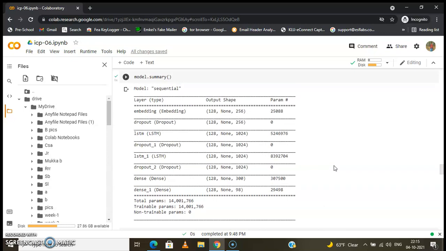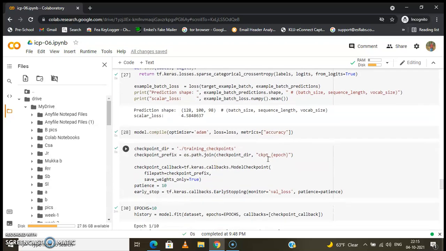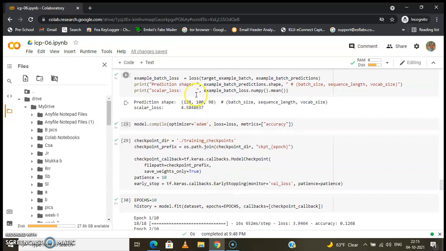So this is the summary of our model, and then we define the loss. Here you can see the loss function. It gives the prediction shape and a scalar loss. If the batch size is 128, the sequence length is 100, and the vocab size is 98, as you can see here, the scalar loss is 4.584.